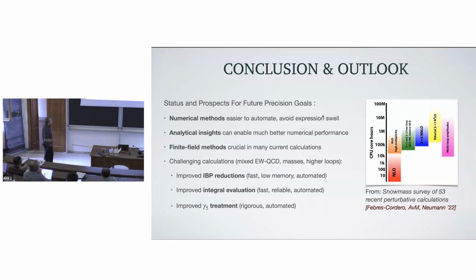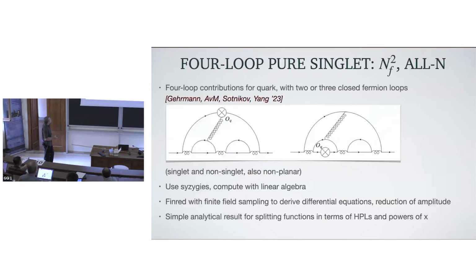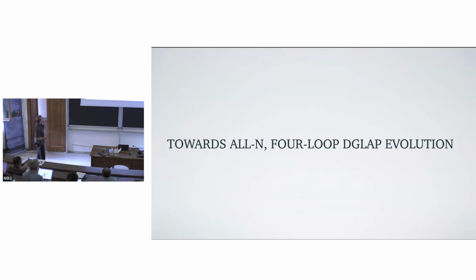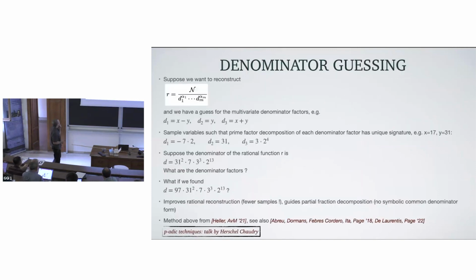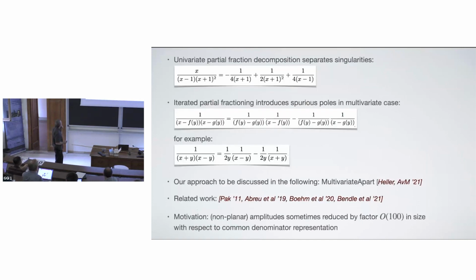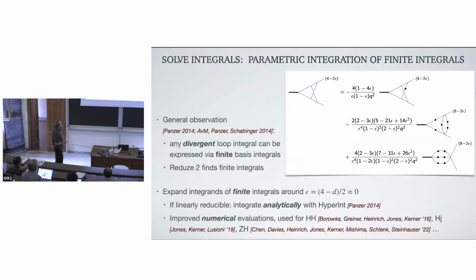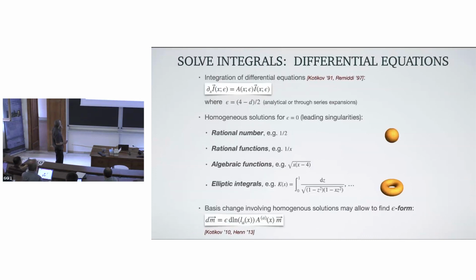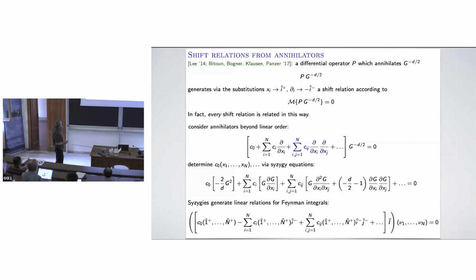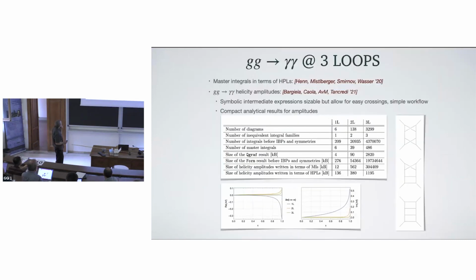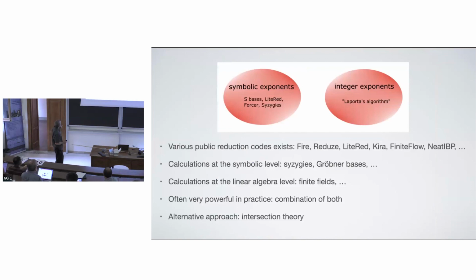Mm-hmm. So yeah, I skipped actually a couple. I showed a list of integration by parts reduction codes which are publicly available. So this list is continuously growing. This is an incomplete list of publicly available reduction codes: FIRE, Reduze, LiteRed, Kira, FiniteFlow, NeatIBP. This is in the order of appearance, it's not a judgment of how good they are,